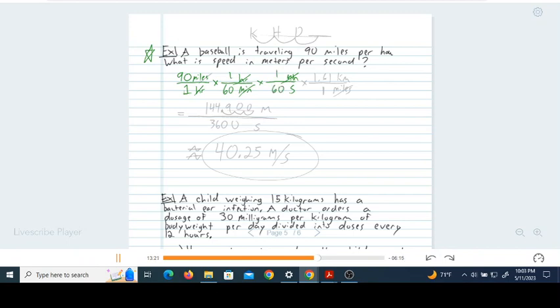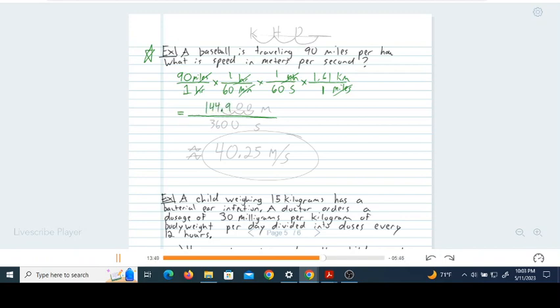We're now in miles per second. We can get from miles to kilometers. Put miles on bottom so that it cancels, and kilometers on top. And it's 1.61 kilometers per every 1 mile. Alright, so let's go ahead and compute that. So we got 90 times 1.61, which is